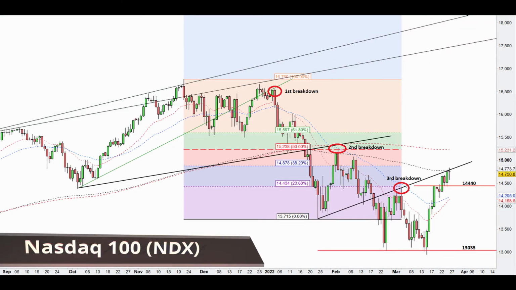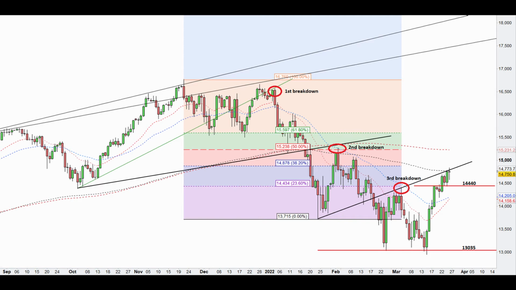Nasdaq 100 did follow through with further upside this week, which we called out in our last video. This was despite a negative start to the week where major indices gapped down on Sunday night. If you have a look at what price did this week, it broke through the resistance area of 14,400 to 14,440